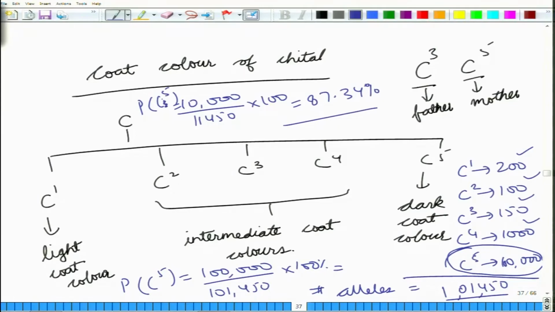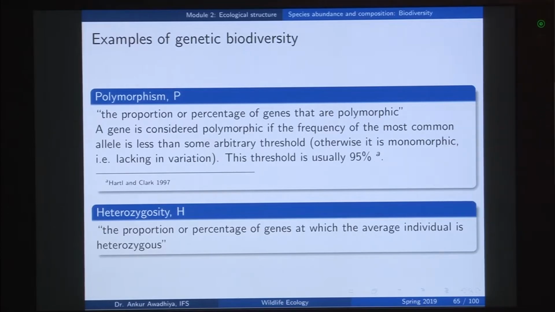Now, if you do this calculation, 100,000 divided by 101,450 into 100, we get a figure of 98.57%, which would be greater than 95%. So, in such a scenario, we would say that this particular gene of coat color represented by C is monomorphic